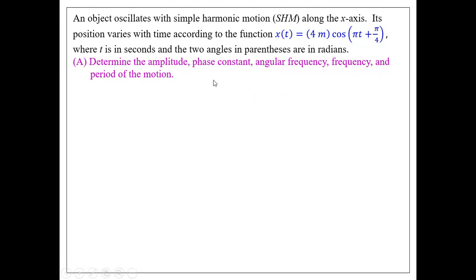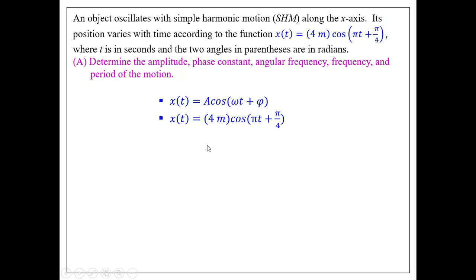Part A wants us to find the amplitude, phase constant, angular frequency, and the period. So all you have to do is write your generic function for an object that oscillates. In this particular case, the function given mirrors a mass on a spring system that's being stretched to the right. So here, this is A cosine of (omega t plus the phase shift). So if I line up the function that's given in blue,